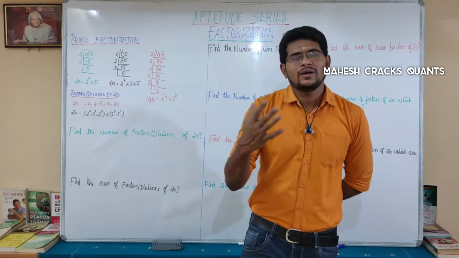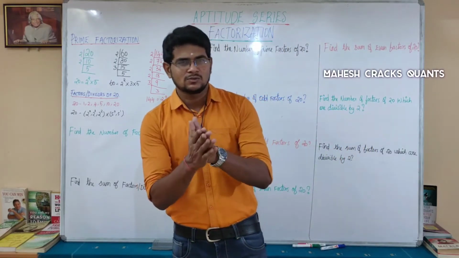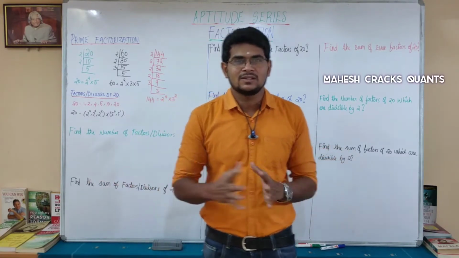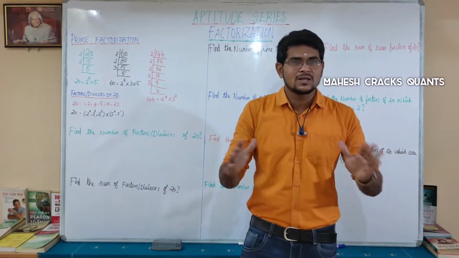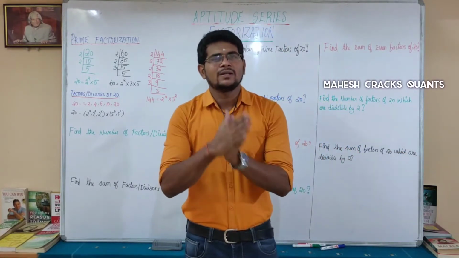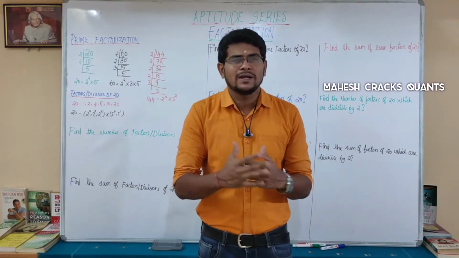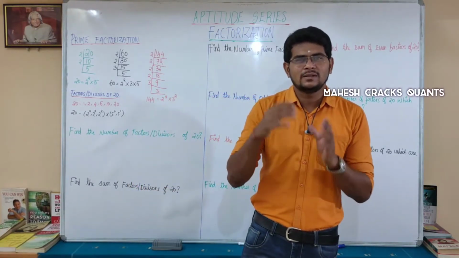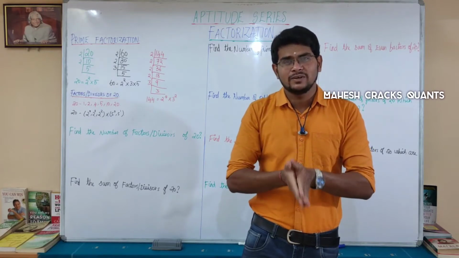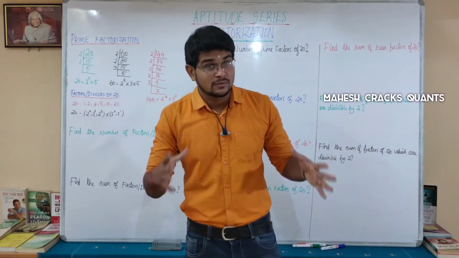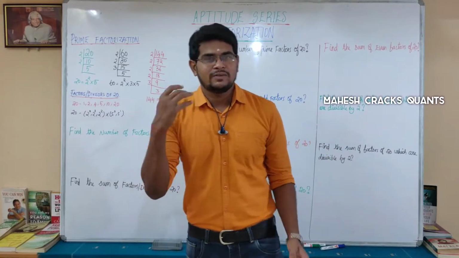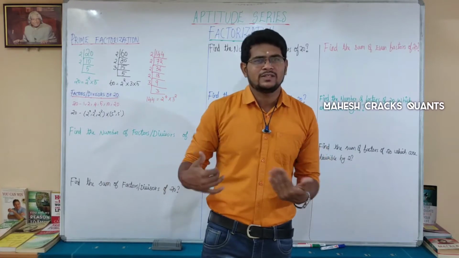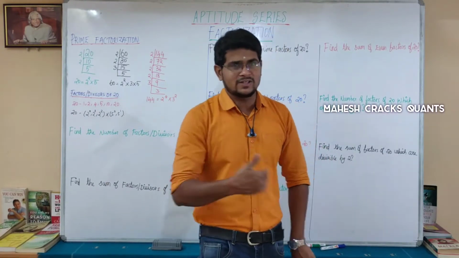Why we go for factorization is to know the factors, the number of factors, the sum of factors, and then the number of odd factors and even factors. There are a lot of questions based on that. When it comes to a big number, you cannot calculate the number of factors manually. So you need a formula or a short way to find the sum of factors and number of factors. That is why we are going into factorization. First, we'll introduce what factorization is and we'll solve in both ways, manually as well as by the factorization method.